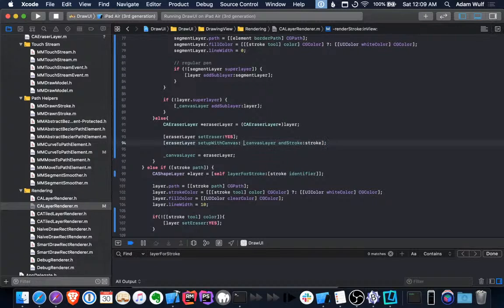So we're going to set up with either an original canvas